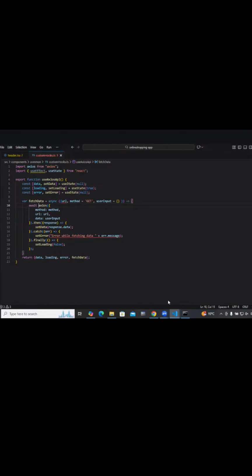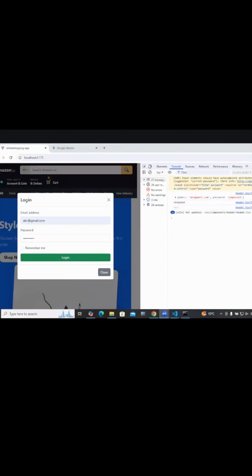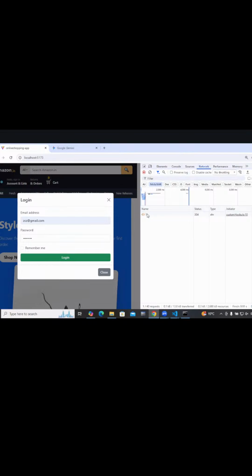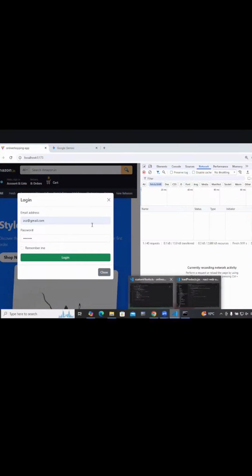This is an async method, and this is so and so. This is null for that reason. Response is null, okay.